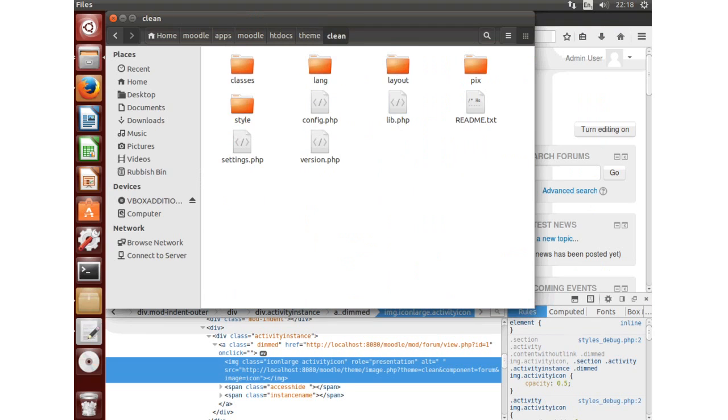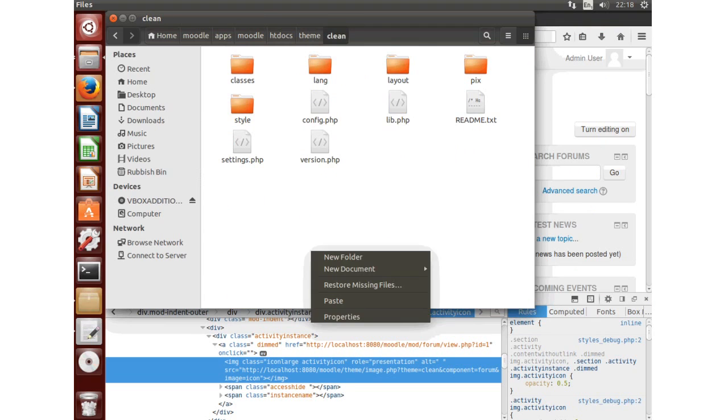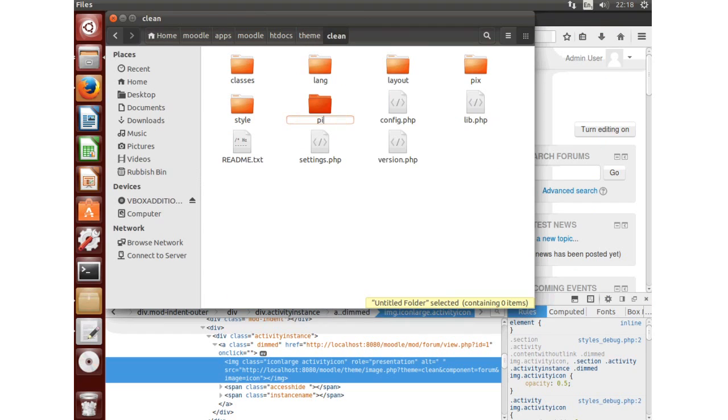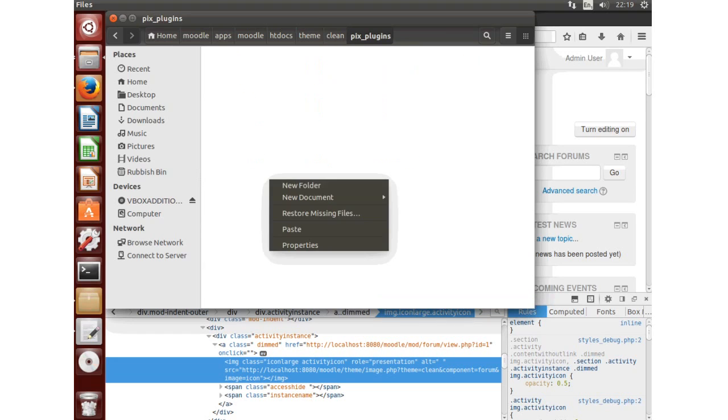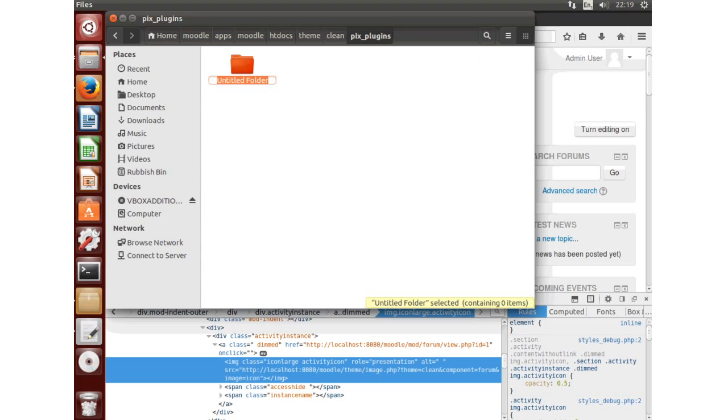Clean, and here you see there's already a pix folder, but we need a new folder, and we'll call this pix plugins. All right, because even though it's a part of core, it is actually a plugin. Don't worry if you're not worried about it. In all the slides, I've got references to all the Moodle documentation that talks about this. So in here, then we're going to put forum,